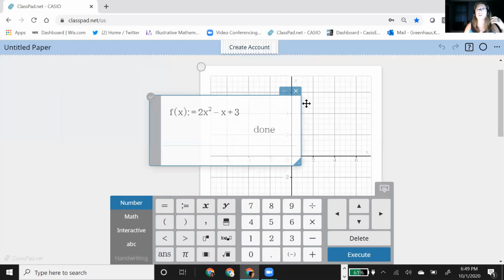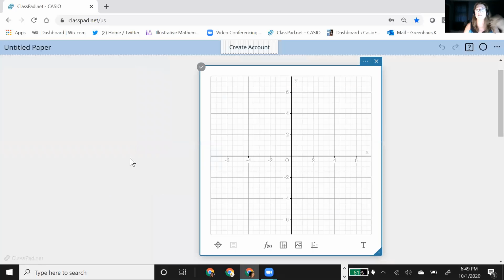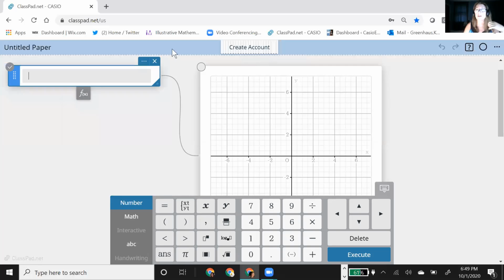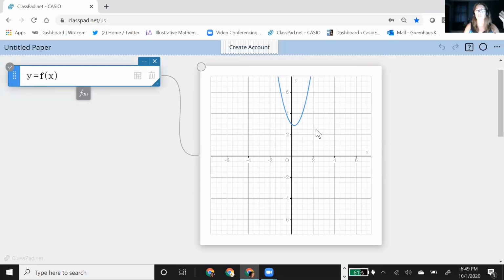So now I could hide this under the graph, and it's not available for students to see, but I know it's there, and I know that I want to use it. Now when I'm in the graph, instead of typing that function out as I did, all I have to do is y equals f of x that I defined, and now it puts that function there. So that is a way around things you want to hide: define them in calculate, and then you can hide the calculate sticky under the graph.